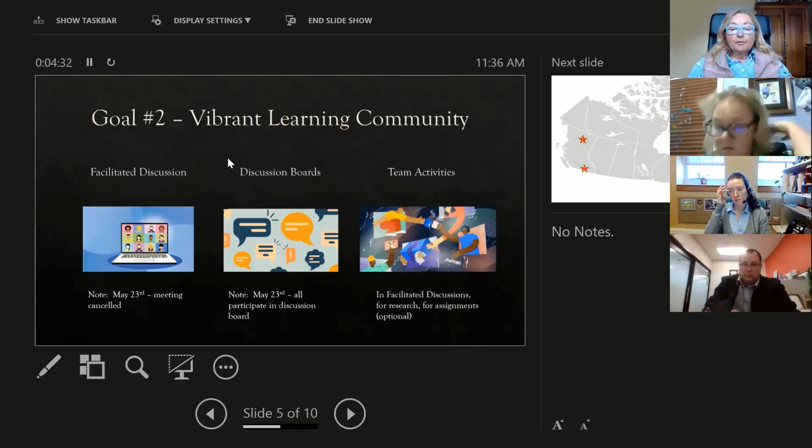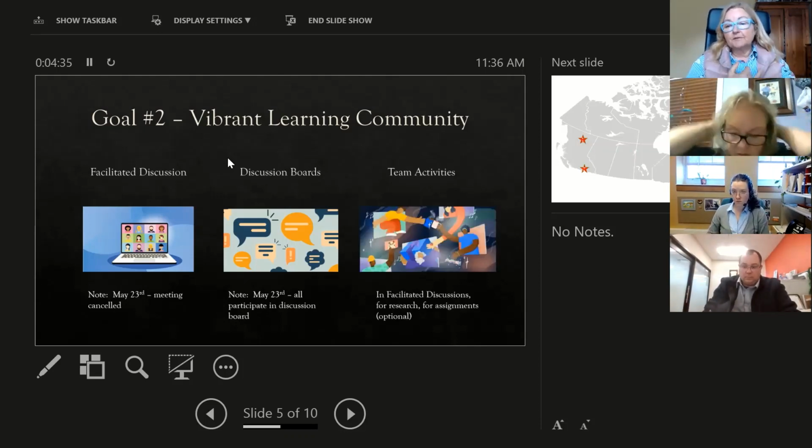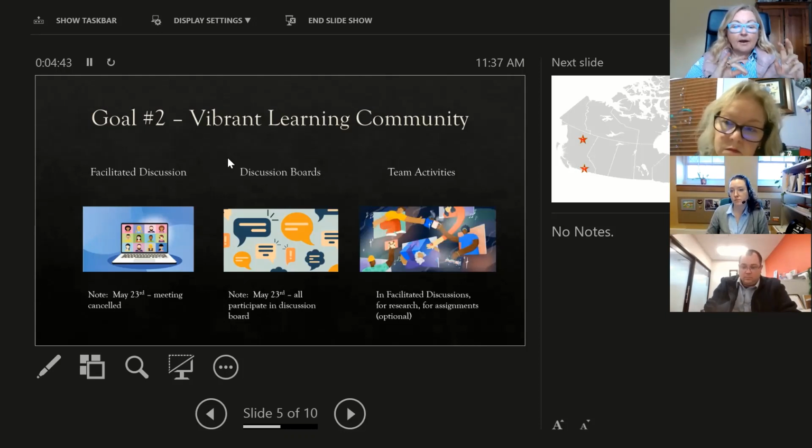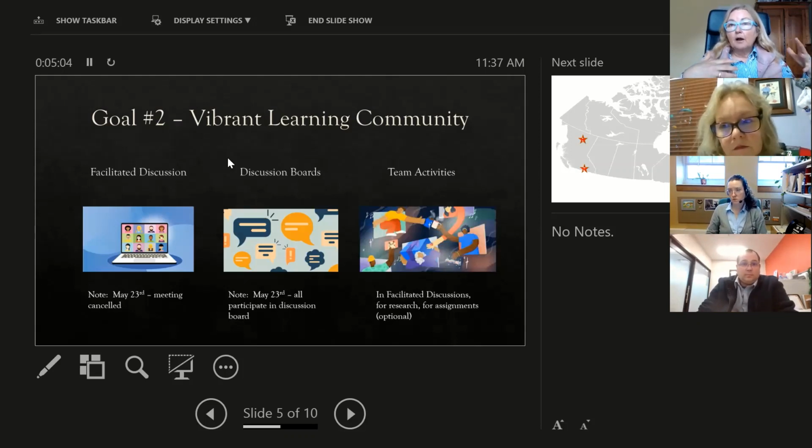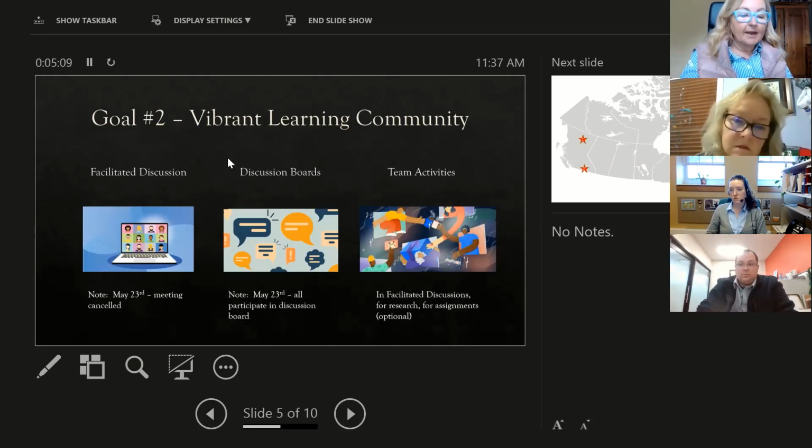And there's also going to be these team activities. So in the facilitated discussion today, I'm going to be putting you into teams for that May 23rd assignment, which isn't graded, but it leads to a graded assignment. You're going to be working with others doing some research. And I've also given you the opportunity to pair up with somebody to work on the assignments if you want to do that. And so that might be part of how you're learning about a different industry and how they would approach the issues in that industry.